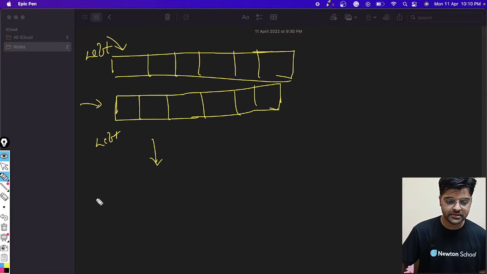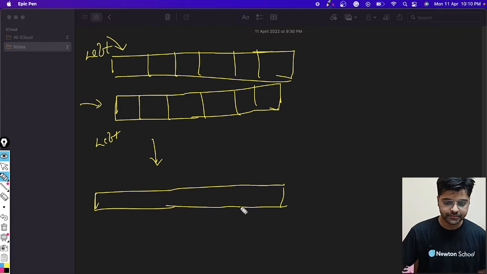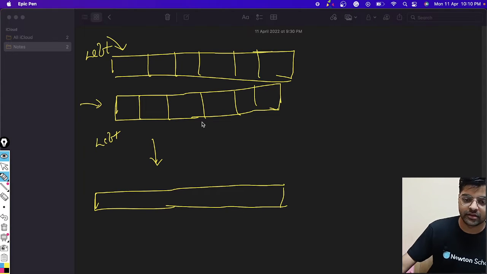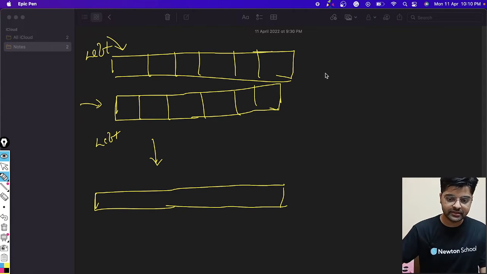So when we merge, let's say the median is m, and the elements that are smaller than the median, like these 3 elements and these 2.